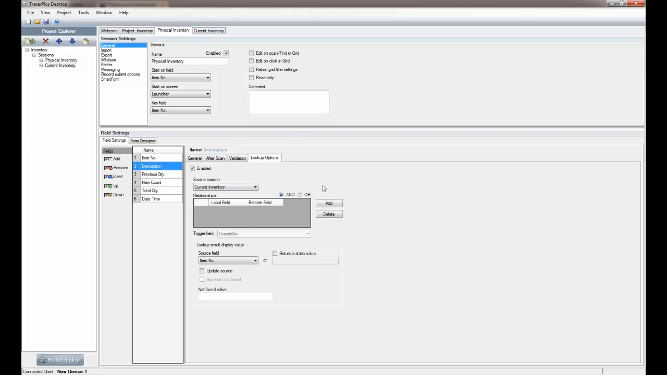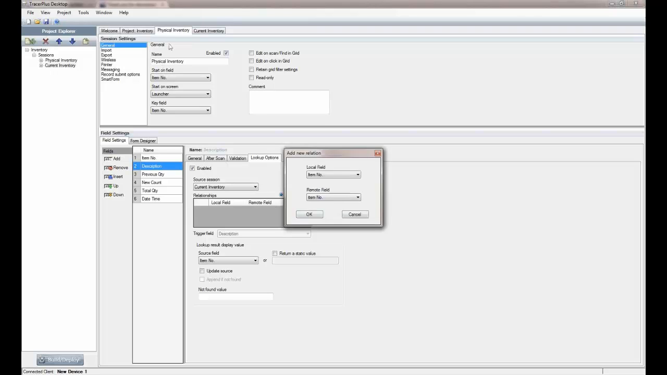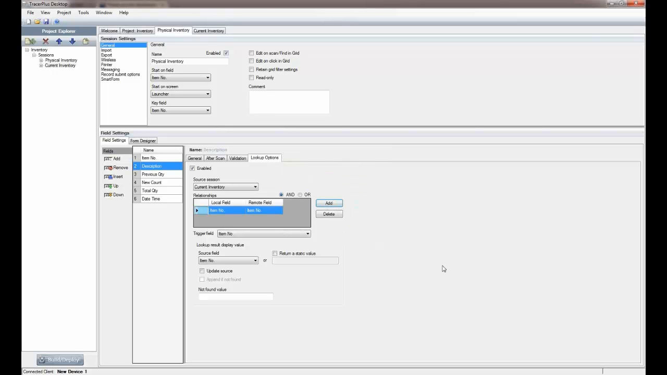So to do that, I set up what's called a relationship here between the two sessions. So the relationship is going to be very simple. It's just going to be this item number field, and we're going to match it to the item number field in the current inventory. Basically, that's all it's telling it to do: when the user scans an item number in our current session, this local field, match it to an item number in the remote session, in the current inventory session, and that's how we're going to find a match. So once that item number 123 is found in that remote session, we then define down here what we want to display if that